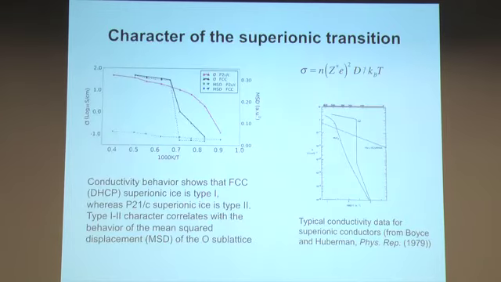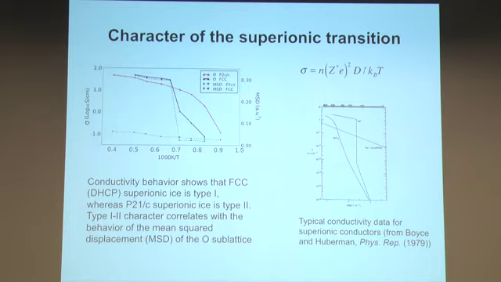And what we have done at this point was to study the character of the superionic transition, similar to work that Giulia did several years ago. And we have actually calculated the conductivity using the Nernst-Einstein relationship that connects that to the diffusivity. And these Z star are the effective charges that are associated with the ions. They are not just the nominal charges associated to the ions because the system still has electrons. The correction coming from the electron is not large though,